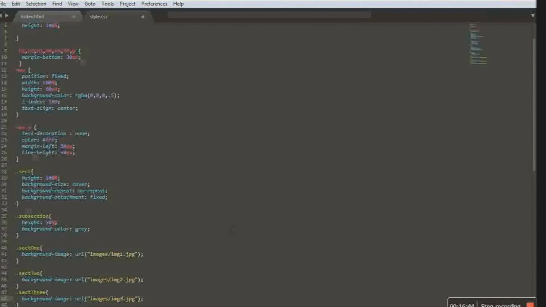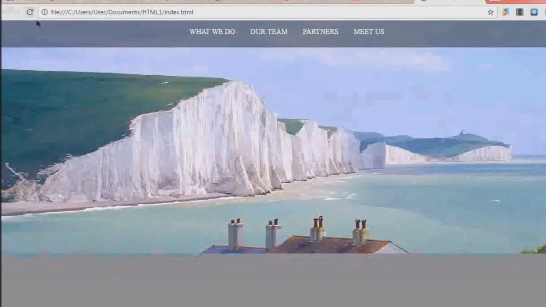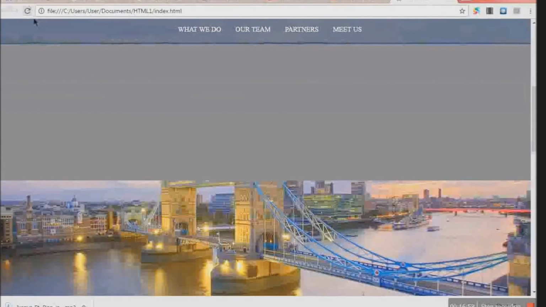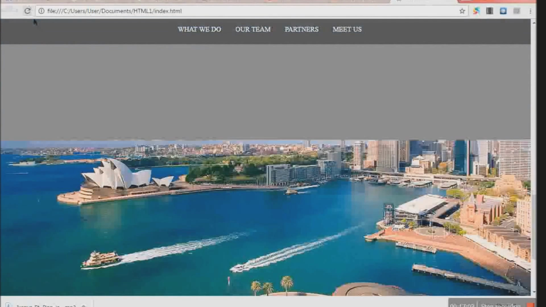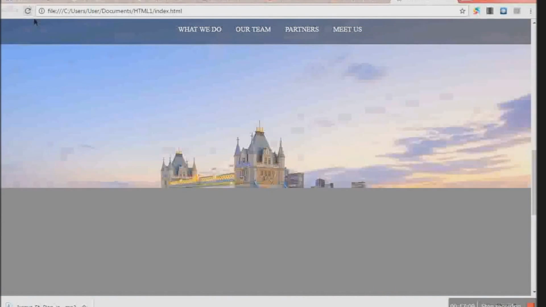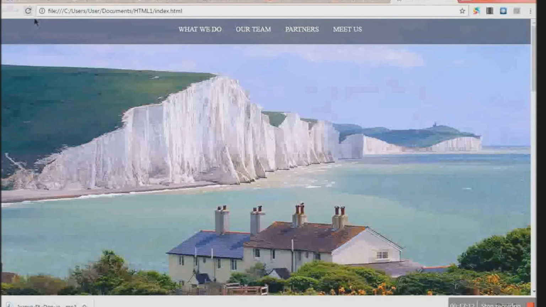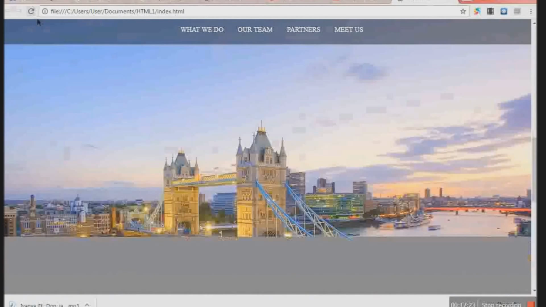Now let's save and check our Chrome. Wow. Okay, let's see the effect. You see how it goes? You see that the image is static. You see that the sections are static, then the subsections overflow it. That's the effect. That's the simple effect I want to show you. Then you can now add your contents there. Well, this is the simple effect I want to show you. See how it goes?